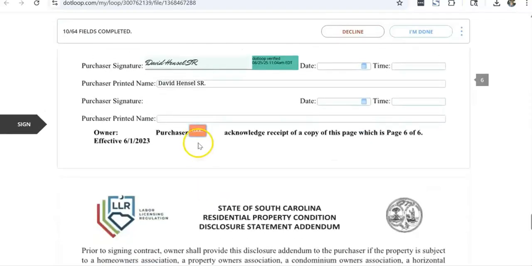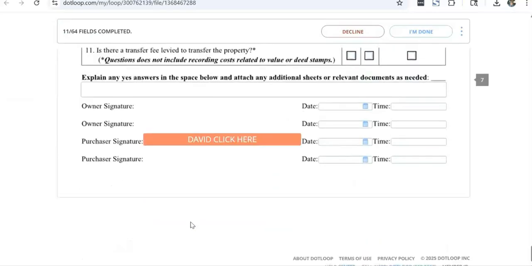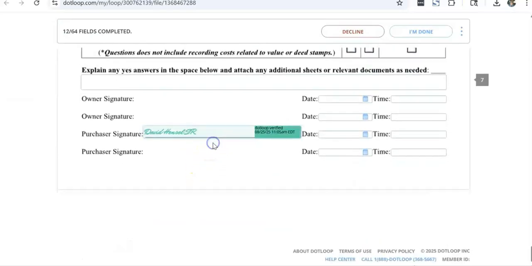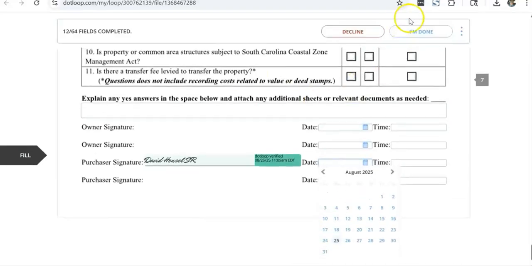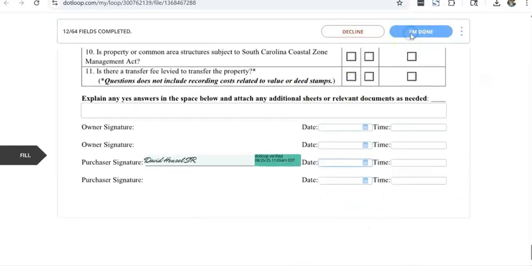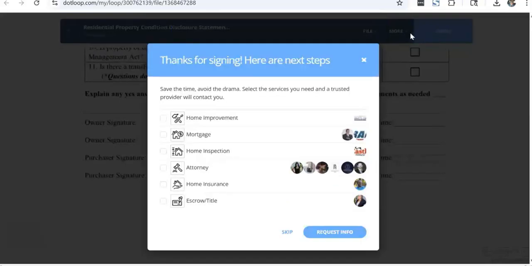And then if you have an HOA situation, it'll ask you about that. You have to click and sign that document as well. Hope that was helpful. When you're finished, click I'm done. And it should take you back to this message where you